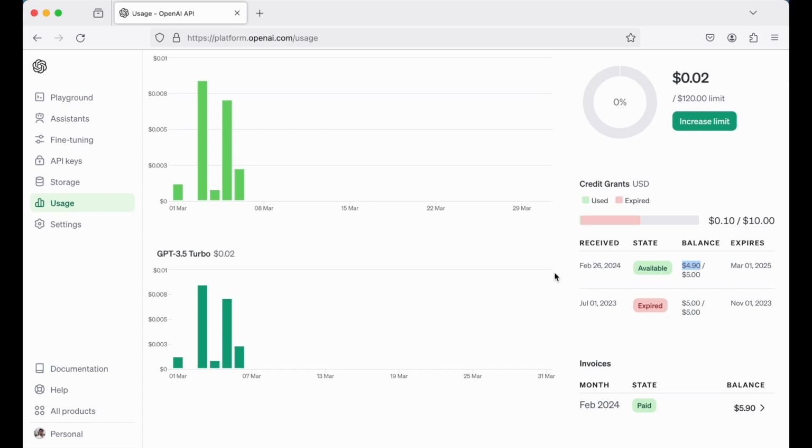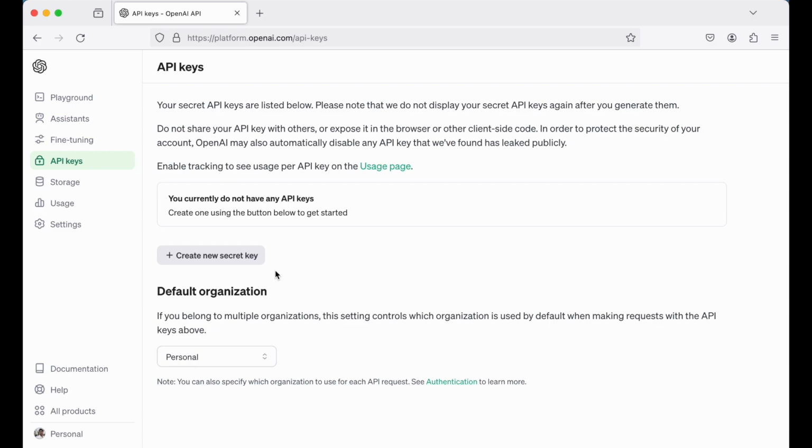So that's how you can check the current usage and how much you are left with in terms of the credit limits. Now if you want to integrate the GPT model into your application, then you would require an API key, and that API key you can create from this dashboard itself. So here you would see this API keys option. If I go to this particular option, from here you can create the secret key, and that you can use in your application to integrate with any GPT model. For this video, I will not go into the creation part and the integration part, but in an upcoming video, I will surely discuss this, and we will create the entire project. There, I will show you how we can create this secret key and how we can integrate it in any application or any software.